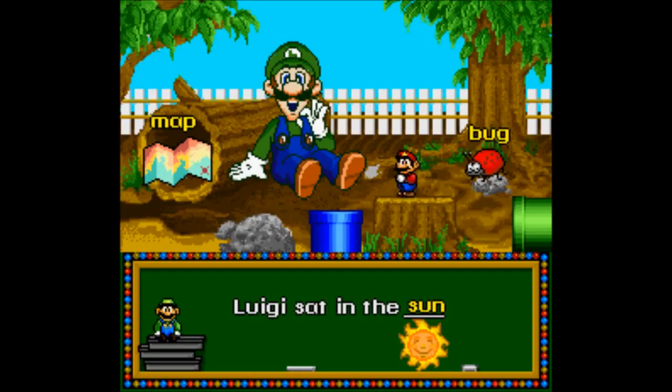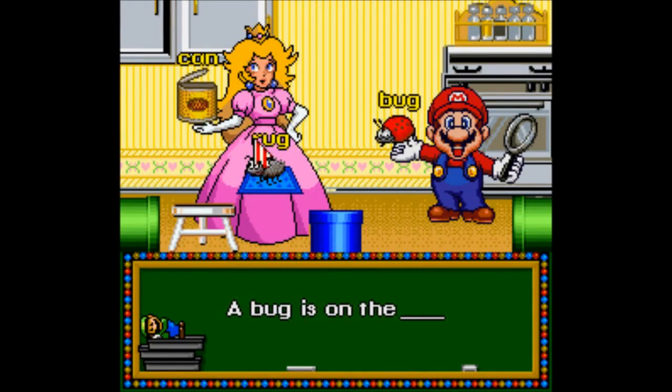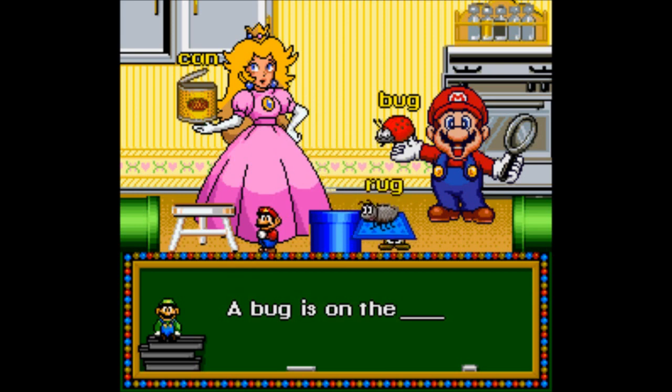Luigi sat in the sun. Pick the word rug to make the sentence go with the picture. Super! You found rug. A bug is on the rug.